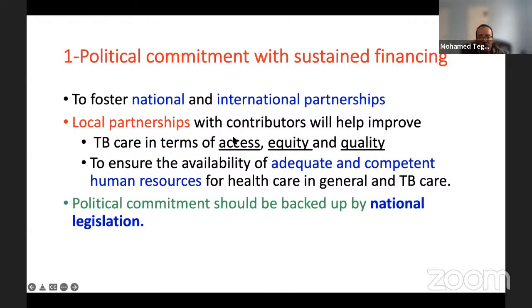So having a local partnership in their local communities will give the provider at least access to the community. Partnership with the community is also important for equity, to ensure that everyone in that local community has full access to the program, or at least to the treatment, as well as to ensure the quality. Also, to ensure the availability of adequate and competent human resources, since you're going to work in the communities, definitely the volunteers, or at least the workers in the program, will be from the community, and that will save